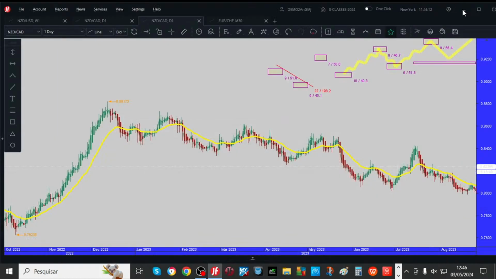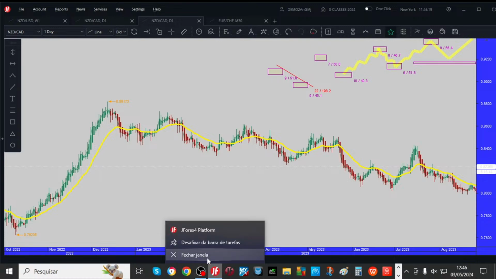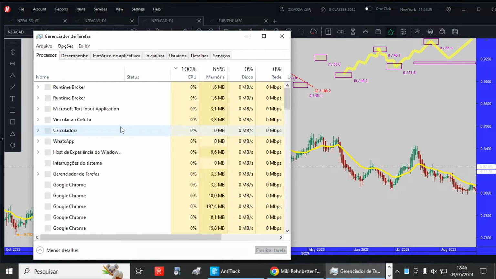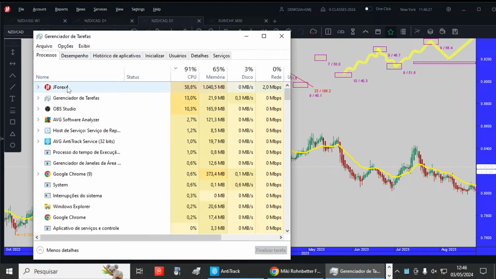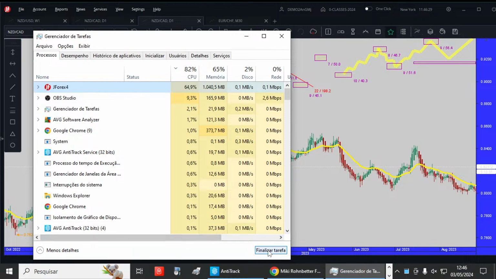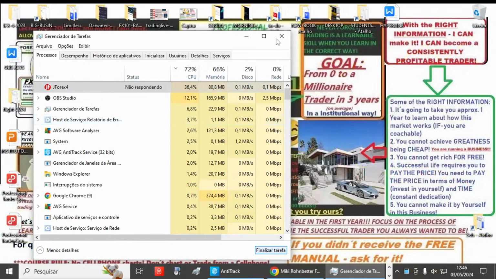All right, let me close this one. So, task manager, let's see where is Forex and finalize. All right,